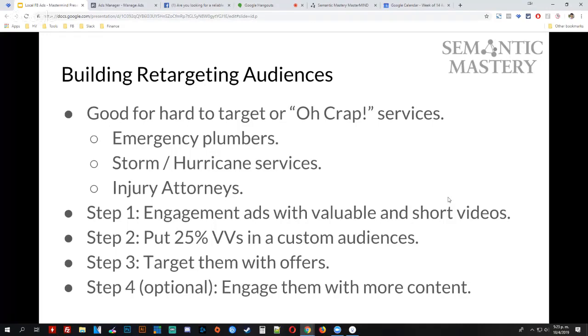So here's a 4-step method that you can use to build these audiences, so that you have them ready for when you need them, or so that you have them ready when you get an injury attorney or an emergency plumber, or you have people that are into renovation or into making their house look prettier in your area. You can reuse these audiences over and over again. Okay,